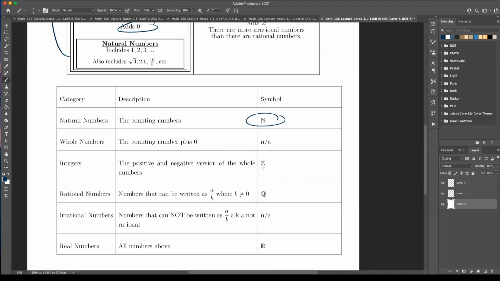Here are the common symbols. They look like this. So for natural numbers, when you draw it, usually I just do an N and you just do a double bar right here. This is the fancy math font they use. Same for Z. You just put a double bar right here. For the Q, you just put a bar right here. And for the reals, you just put a double bar on it. So these are how you denote the set of numbers. This is helpful later when you do proofs where you have to say A exists as a real number. And so you say this is a real number. That's how you would write it.